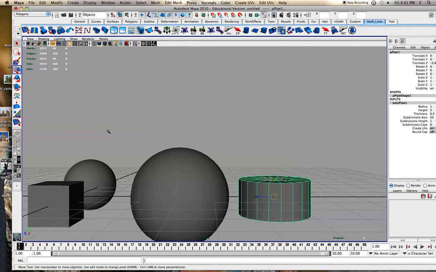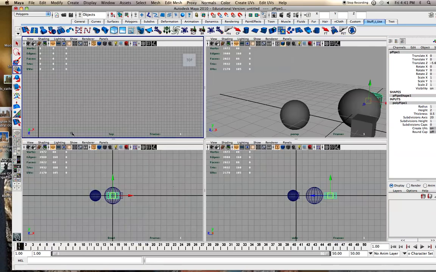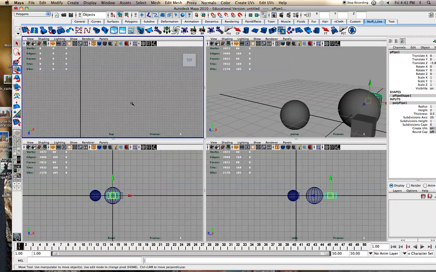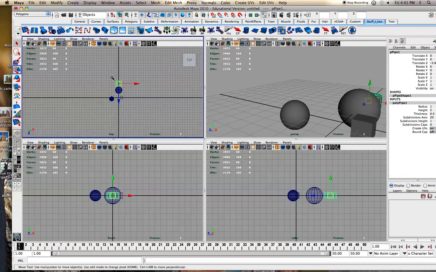You can set your view, so over here I have the different views. Here's the one view. Here I have all 4 views. We have the top, and you just navigate the same way, middle mouse, left mouse. It's zoomed in pretty close, there we are. And what's nice is this has a grid set up,